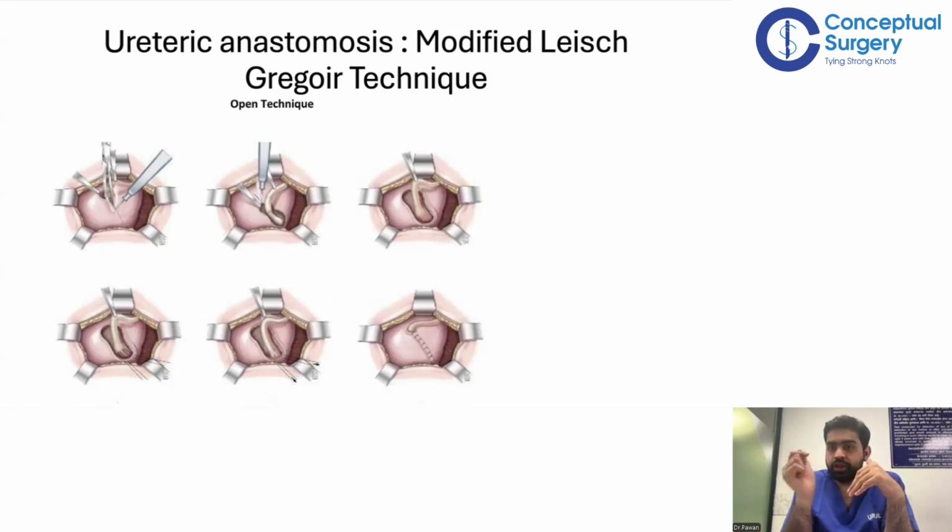Right. Now, this is the same thing which we try to do; ideally, we should try to create a similar kind of anastomosis in kidney transplant patients as well. So what you basically do is you cut through the muscle